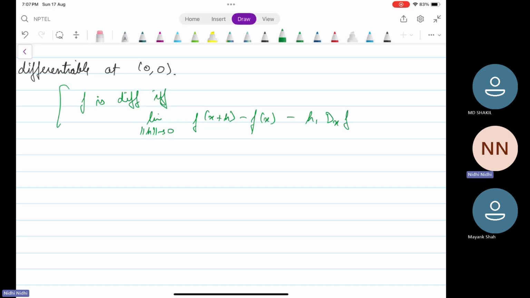So in Rn we get x1, x2, xn like that. Let me write it as d, where d1 is the directional derivative in the direction of x,